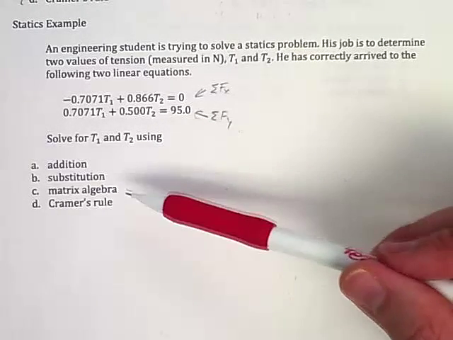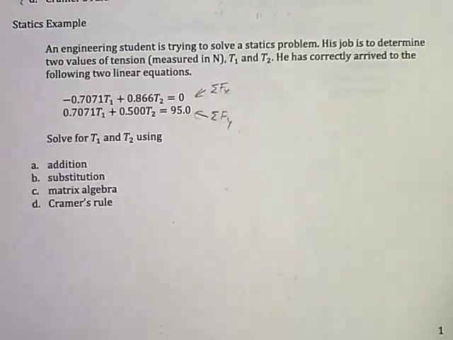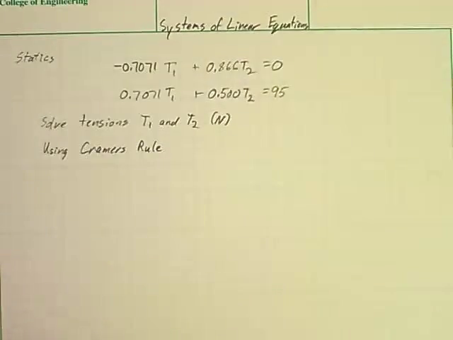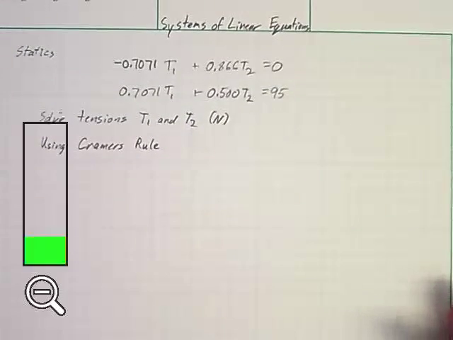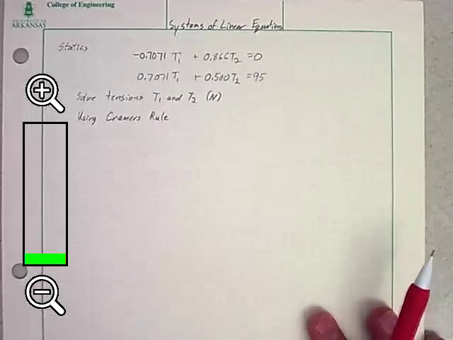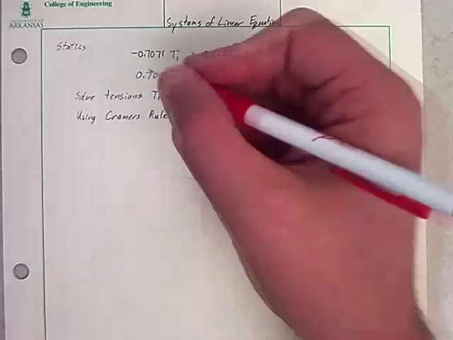We've solved it a few different ways. Now we're at the point of solving it using Cramer's rule. So we set up our equations. Remember, Cramer's rule is an extension of solving it using matrix algebra. So we want to set up our matrices